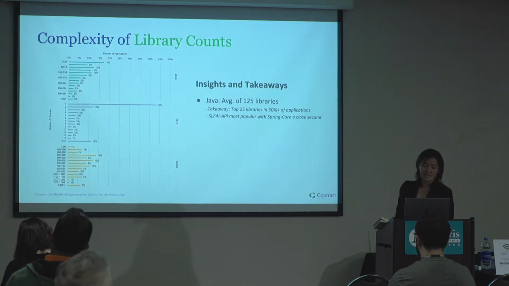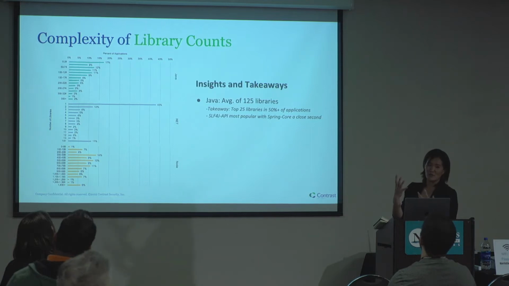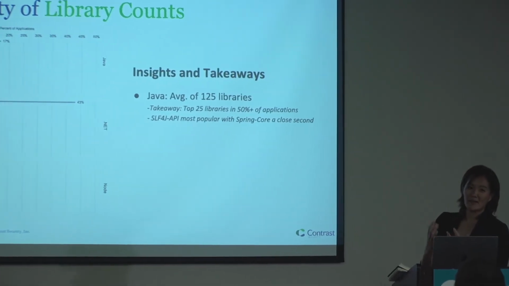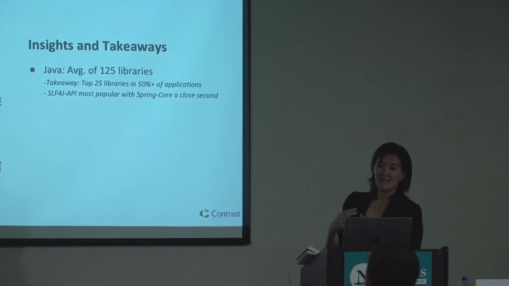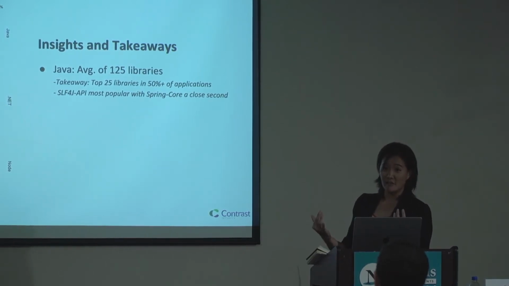All right, the insights for this. Take a look at Java, 125 libraries on average. There's a logging framework, not log4j. This one, I don't even know what this one's called, SLF4J, something other logging framework here. That's the most popular, with Spring Core a close second, and it packages all these vulnerable libraries up together. I'm going to get to the point here. But if you're packaging up all these libraries and all these dependencies, they're going to have some vulnerabilities in them, yes? Nod your head if you agree. Yes? But are you using those libraries?